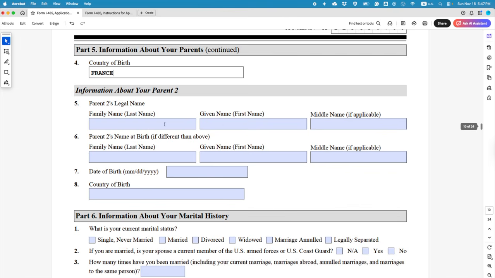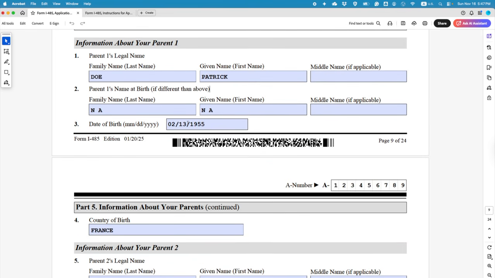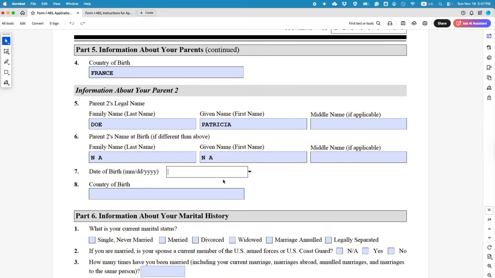And then your other parent, same thing, assuming the last name is the same, and maybe it's your mother. I would say Patricia. And if anything other than the birth name, if not, I just say not applicable. I'm keeping a blank in between so that I can write the slash when I print it out. I'm using a similar birth date, making things up, say 04 05, say 1955. And I'm also assuming she was born in France. Okay,